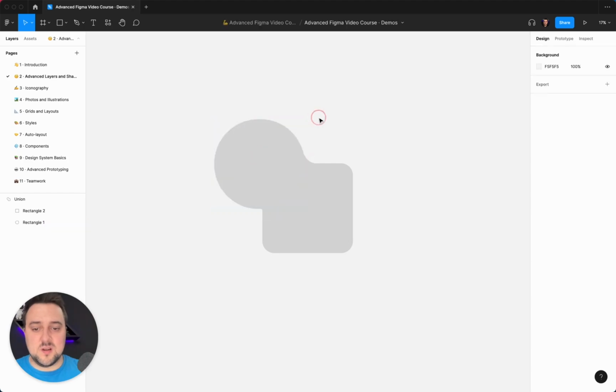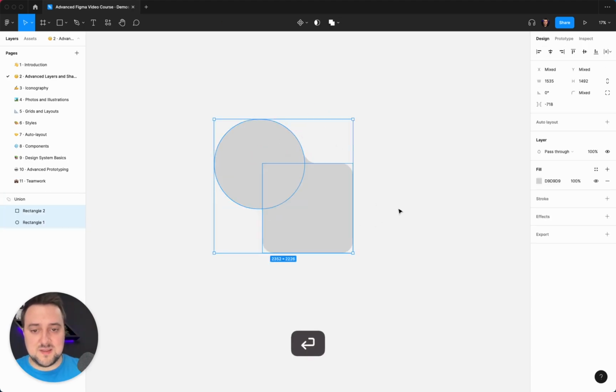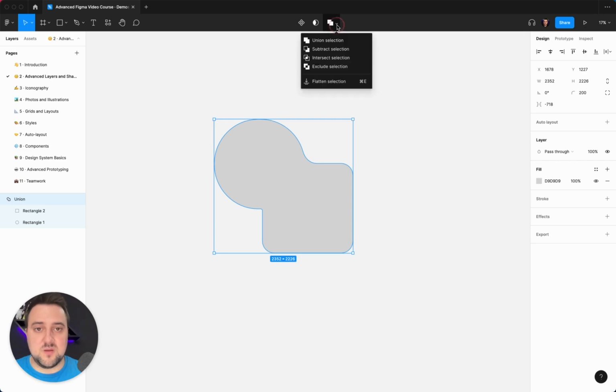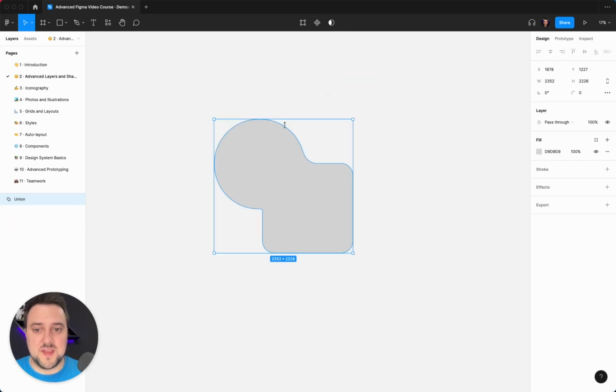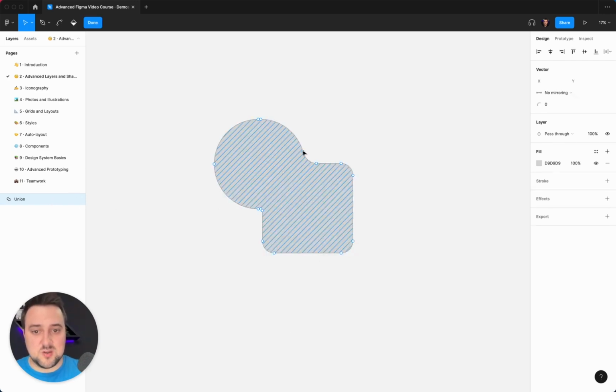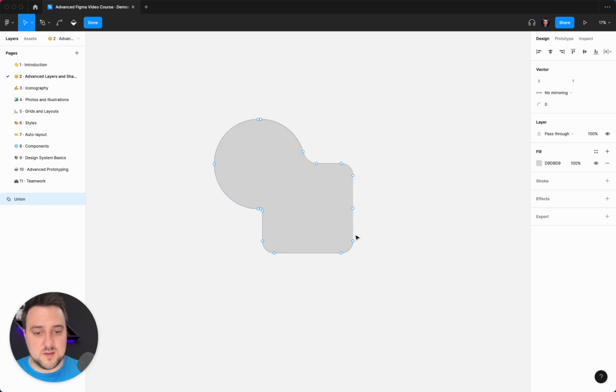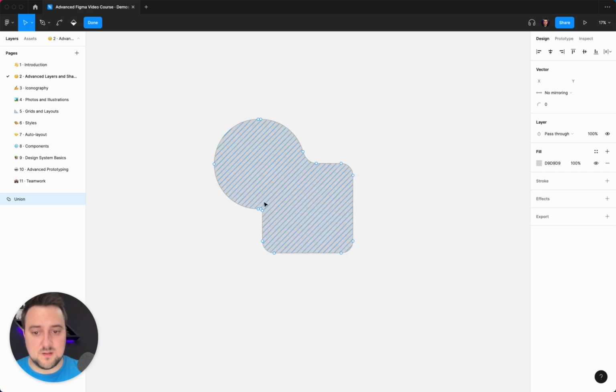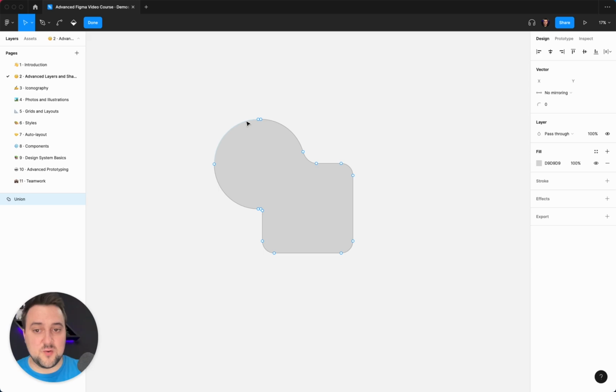And if you don't want to allow further editing of shapes like this, where if I hit enter on the main union frame, it's going to take me into the layers inside, and you can now see that they are still kind of separate shapes in a sense. If I don't want them to be separate shapes anymore, I can always go in here and kind of flatten this selection, and then it's going to be just one shape that I can't edit anymore. And if I hit enter, it's actually going to show me all of those dots that appeared inside of the shape,